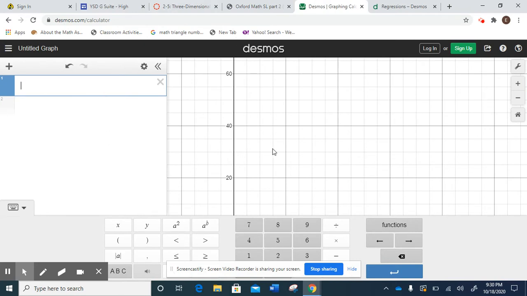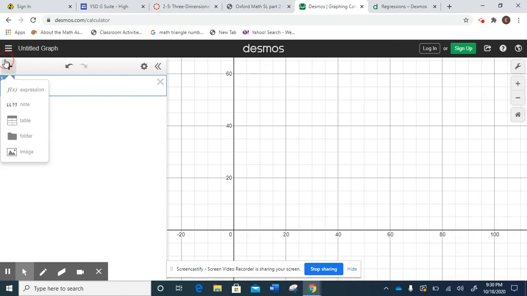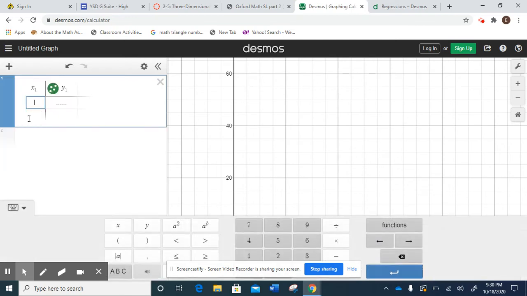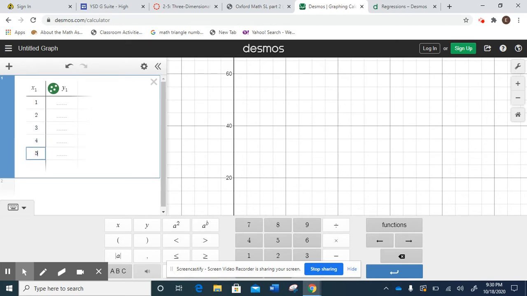When you're in DESMOS, you're starting off on a blank screen. We're going to go ahead and put in our table. And we had 1, 2, 3, 4, 5, and 6. Oops, 6 on the left side. And then we had 20, 18.5, 17.4,